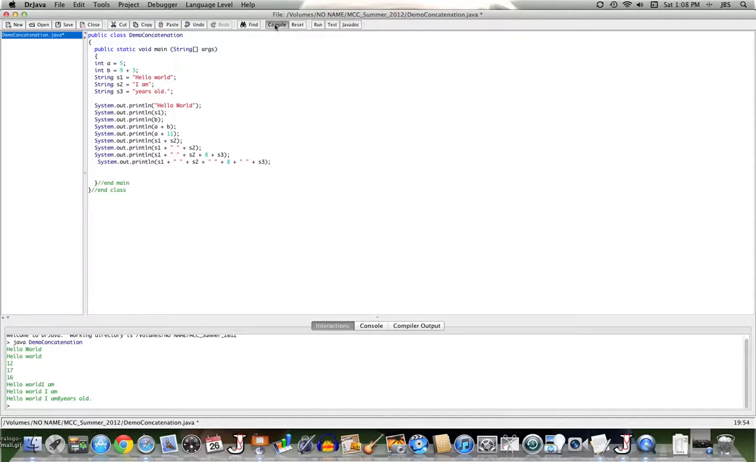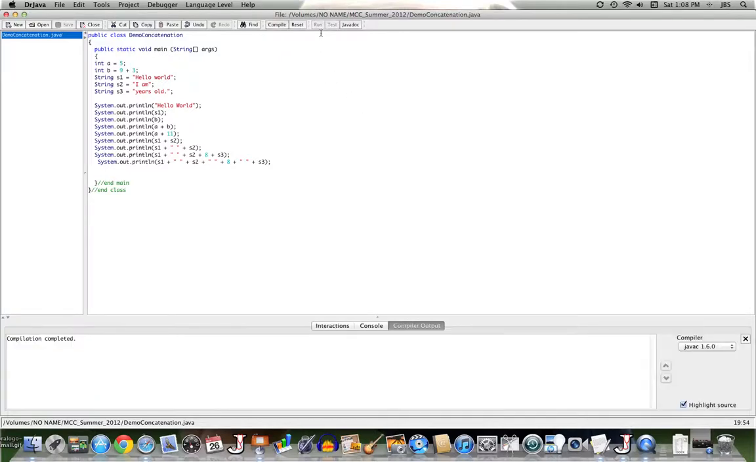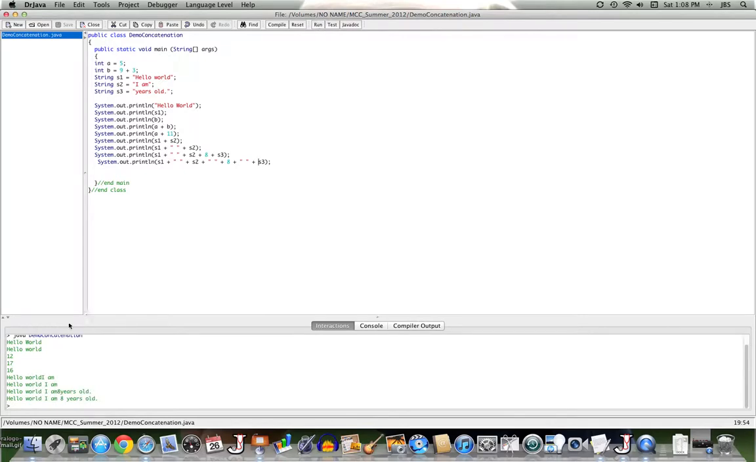So let's see what that looks like. We'll compile it and run it. And I have hello world, I am 8 years old. It works just fine. Now, what I could do is, if I wanted to be a more efficient programmer, I